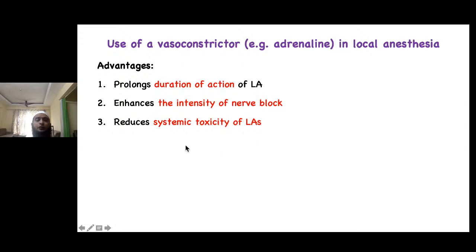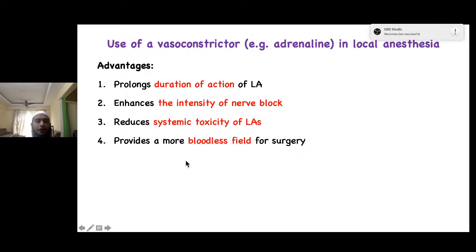Third, it reduces the systemic toxicity of local anesthetic. Okay, because of the vasoconstrictive action, there will be less blood supply, and due to less blood supply, less amount of drug will be absorbed into systemic circulation. And since less drug is going into systemic circulation, it will reduce the systemic toxicity of local anesthetic. Fourth one, it provides